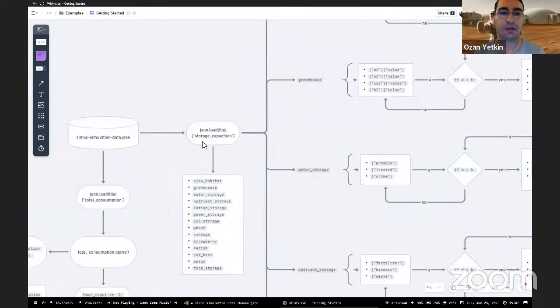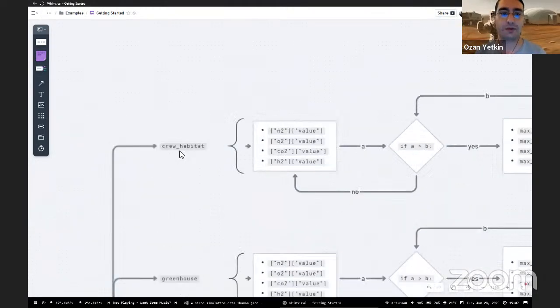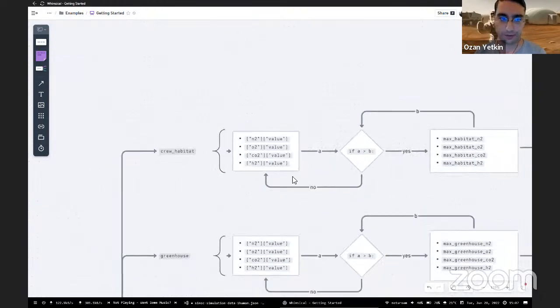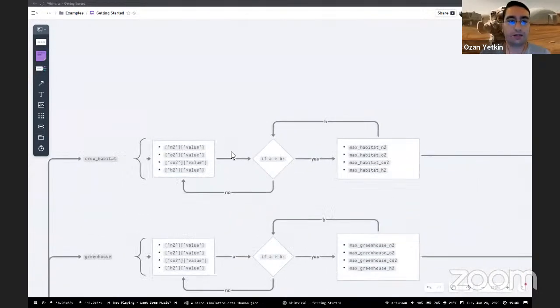And from storage capacities, what we have taken as the first step is the crew habitat. So inside the crew habitat, you will see 4 values. One of them is nitrogen, one of them is oxygen, one of them is carbon dioxide and hydrogen. So we take the crew habitat data, and inside the loop,